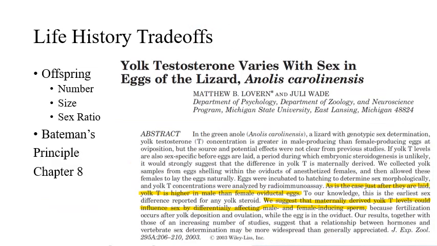Last thing we're going to talk about, in terms of offspring, is the sex of the offspring. Right? So, males and females have different expected reproductive outcomes. We'll talk about why later. I can't remember if it's in this chapter or next, but we're definitely going to talk about this topic, right? Male and female babies are different from each other, right? And if you don't think that a mother can change